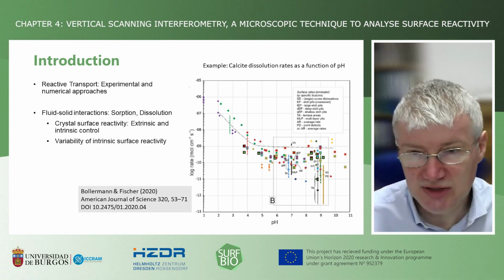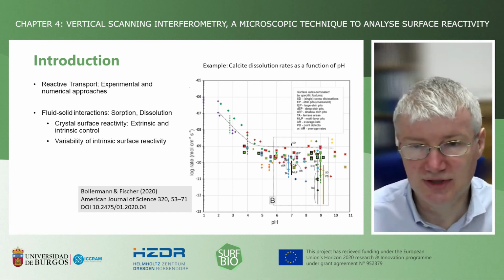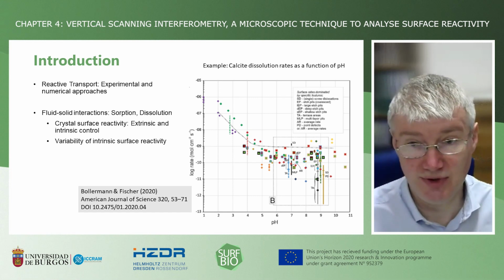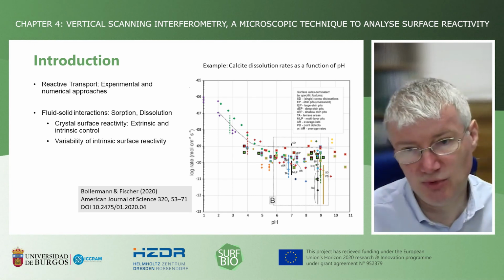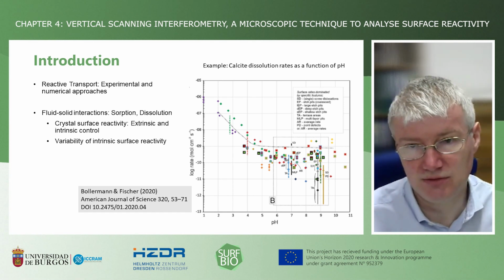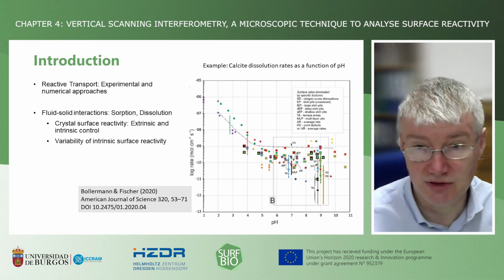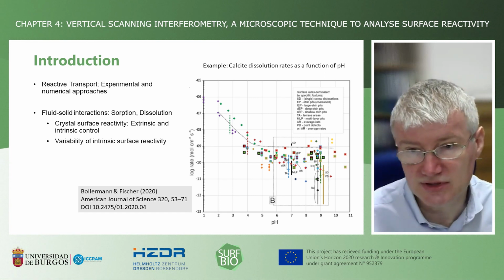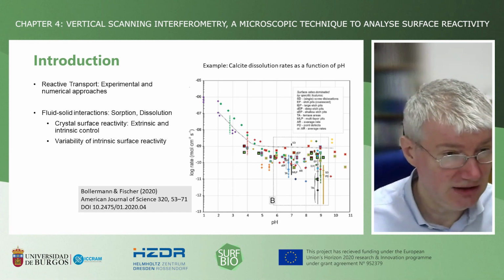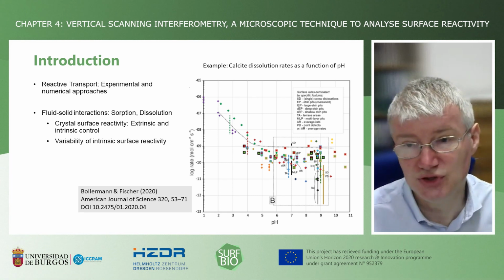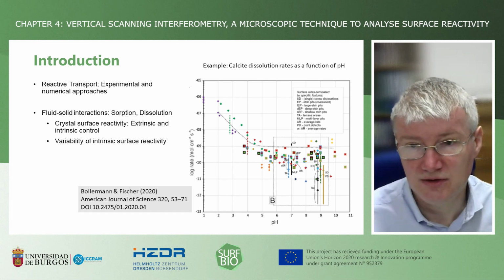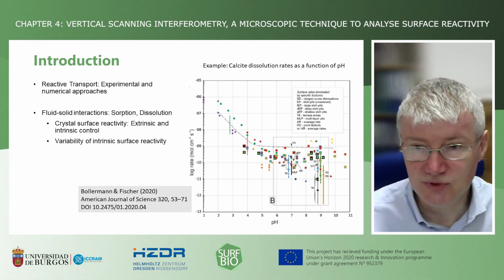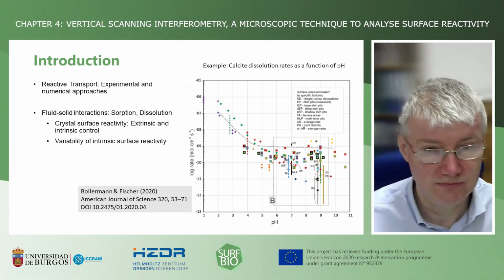If you dig a little bit deeper, and go beyond the classical powder experiments, if you analyze material that is more realistic, similar to what is available in nature, single crystals, large single crystals, polycrystalline material, with identical chemical composition, you end up with a large variability. And the rate spans a range of 2 to 3 orders of magnitude.